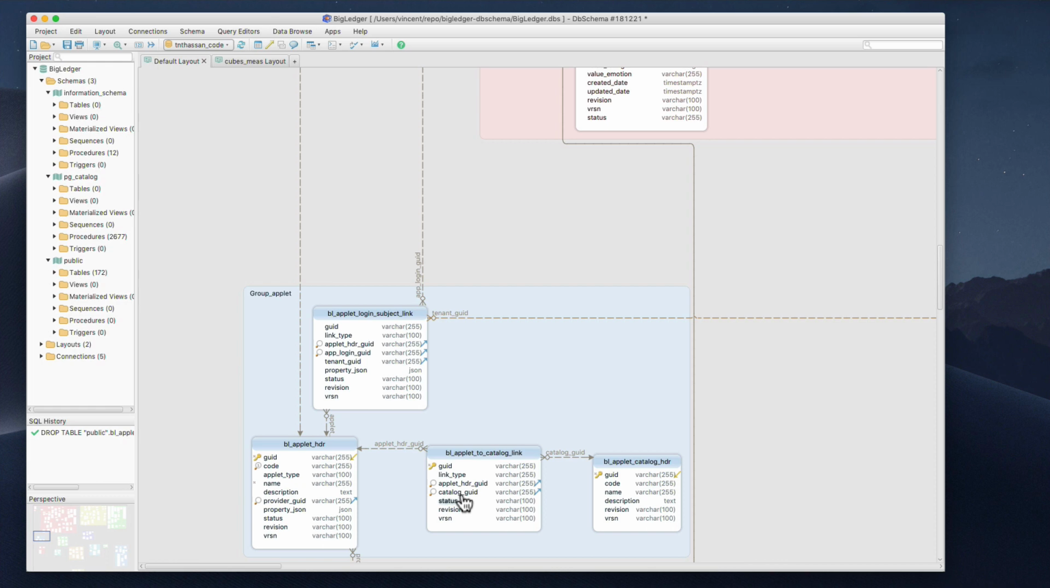Then, as a summary, we need to add two tables: catalog line and catalog extensions. Yeah. Also, we need to add a field property JSON in applet catalog link and catalog line. Yeah. Okay. And then, I think this one should be okay. And then